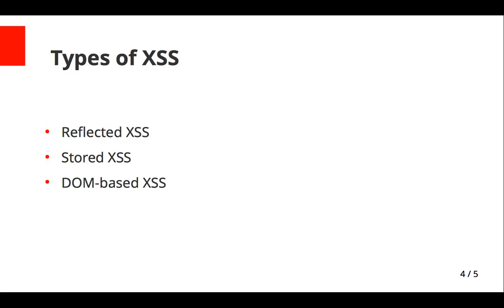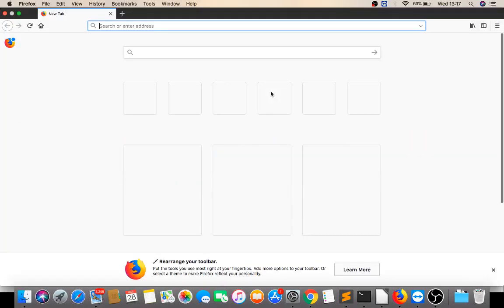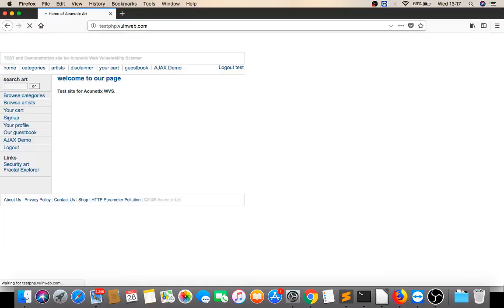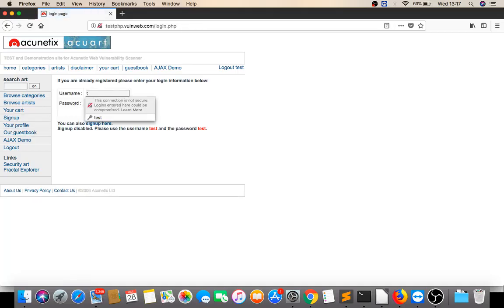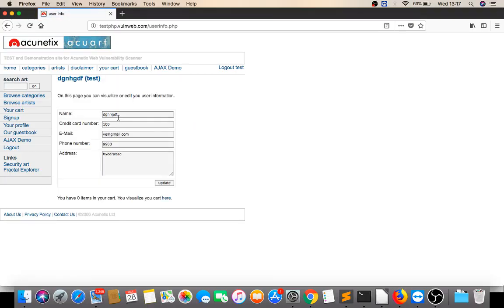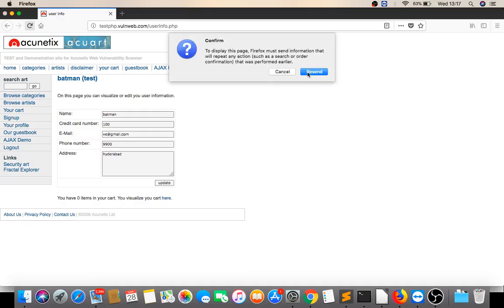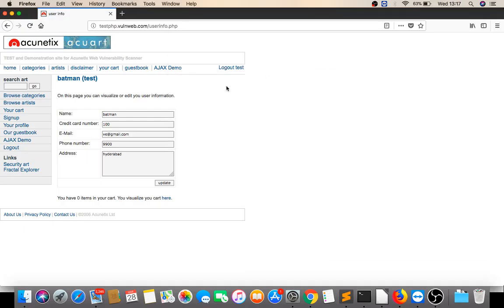So basically, let's take examples of reflected, stored, and DOM practically. This is a website. If I give hello here, hello is reflecting, but it's not stored. So there may be reflected cross-site scripting. Okay, now let's click on sign up, log in on this application. If I give anything here, let's say Batman, it's storing our input. See this? Then there may be stored cross-site scripting, and they are storing on the server side, so that's why